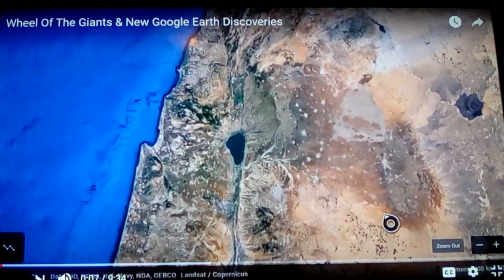But here we have the area that we're looking at, and this is the Holy Land and the Gaza Strip that runs up through from below, and the Dead Sea, and then the Sea of Galilee, Ili, and Ili and Ilu are gods, and the gods created this lake. How did it happen? Well, it was just a sunken in spot that's really below sea level, but it's on a